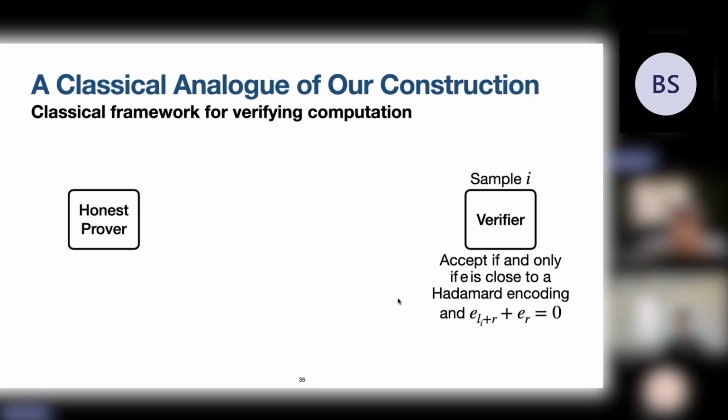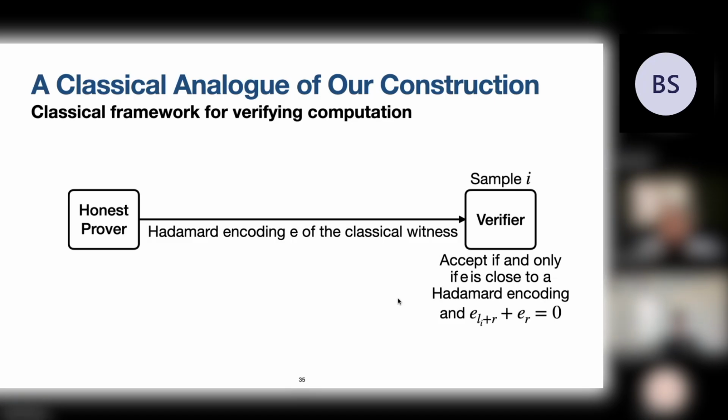Here, I just want to give a framework for verifying communication with exponential communication. Still, we consider this amplified linear equation system. You have a witness, which is the assignment of the equation. You do a Hadamard encoding and send it to the verifier. The verifier samples a term in the linear equations and accepts if and only if